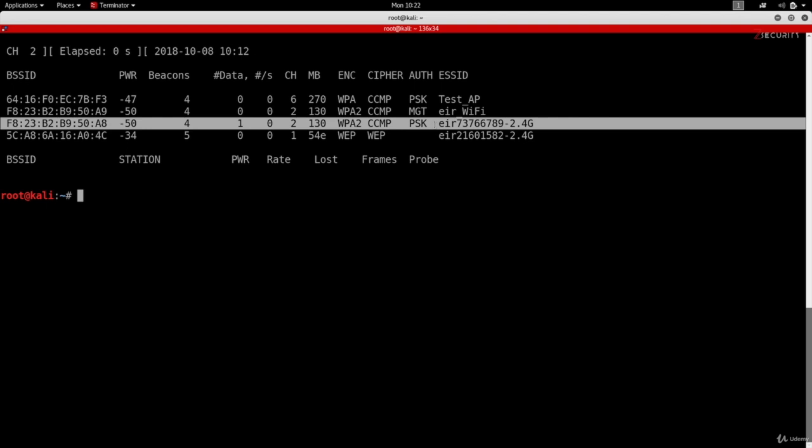And now that I have my target network and I have some basic information about it, let's see how we can run AeroDumpNG against this network only, not against all networks. And this way, we'll be able to gather more information about it. So, to do this, first of all, I'm going to have to write the name of my program, which is AeroDumpNG. Then I'm going to specify a specific BSS ID or a specific MAC address for AeroDumpNG to sniff data